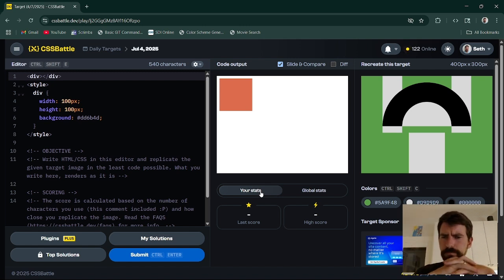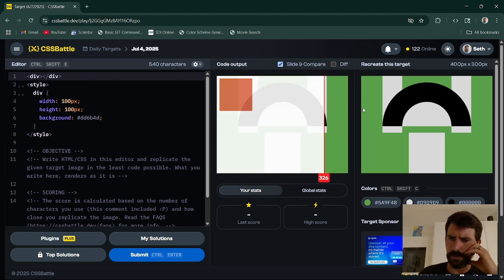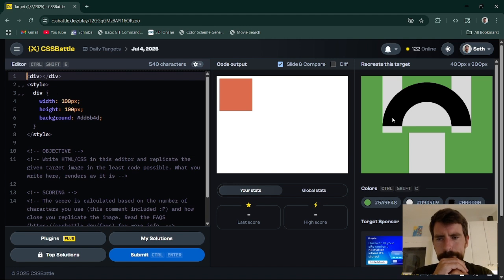Okay. So we have two bars coming down, right? These white bars. We have this half circle here, however we want to make that. And then we have this block with a green border. So I guess actually this could be full width. And then this will overlay. But actually this